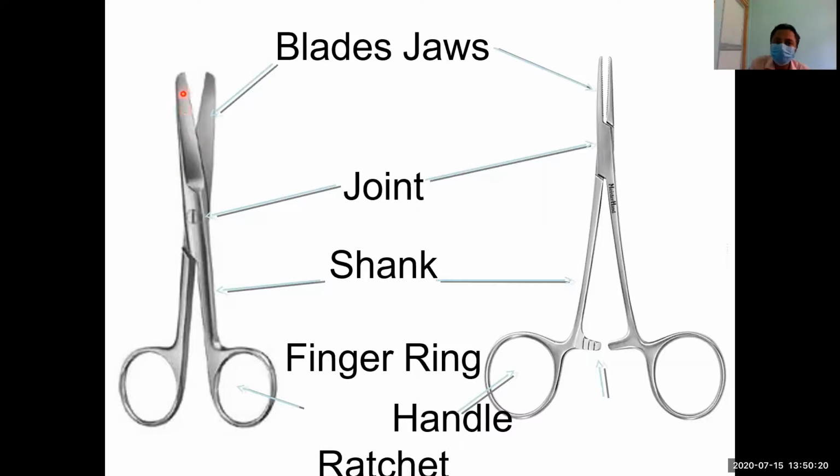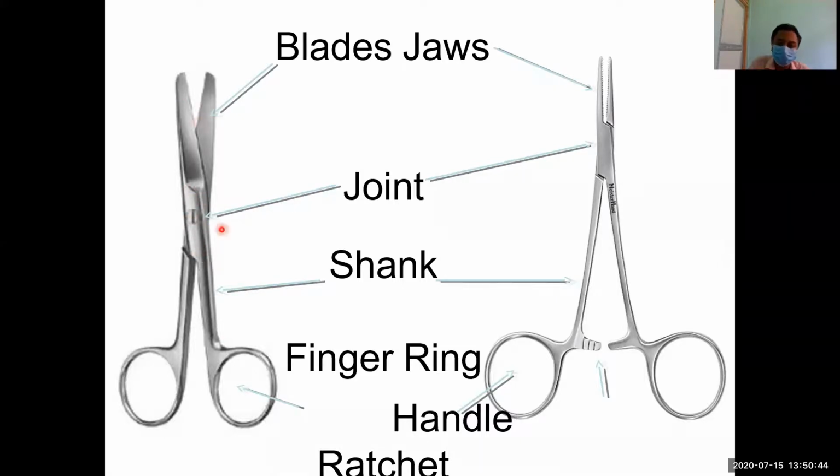It may not be sharp; the limbs may not be sharp, but still we will call it a blade, right? Even if the limbs distal to the joint are blunt, we will still call it the blade of the instrument. So finger bows, then comes the shaft or the body, a pair of shafts or body, then a joint, and